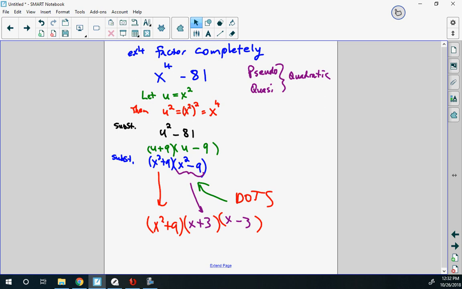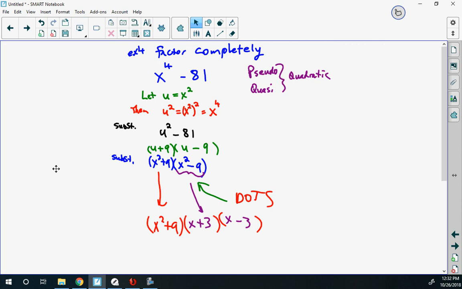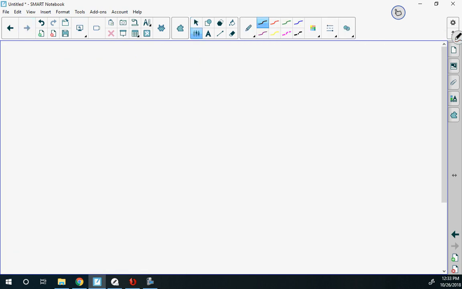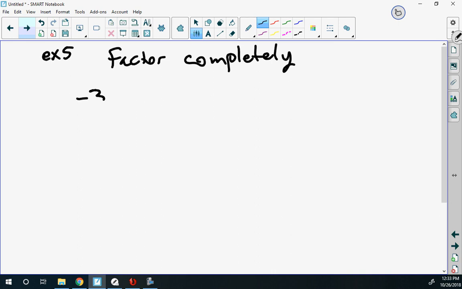One example to go. You ready for it? Uno más, por favor. Example 5. Factor completely: negative 3x squared minus 36x minus, again,